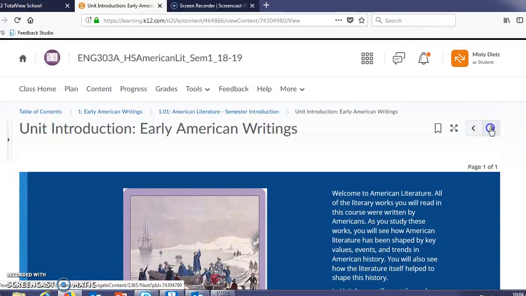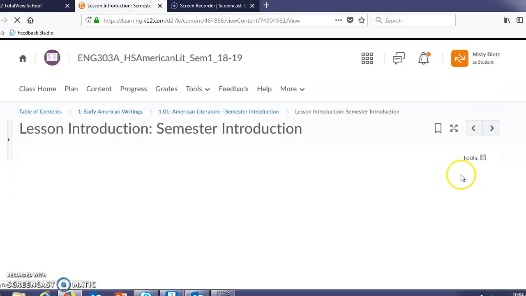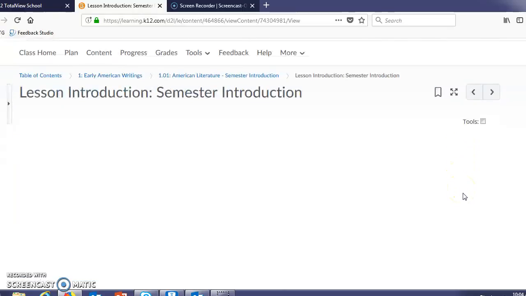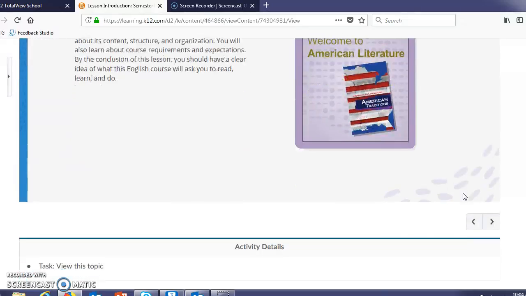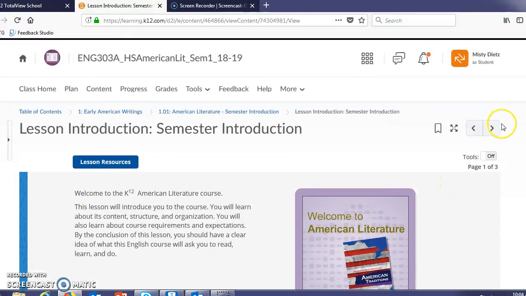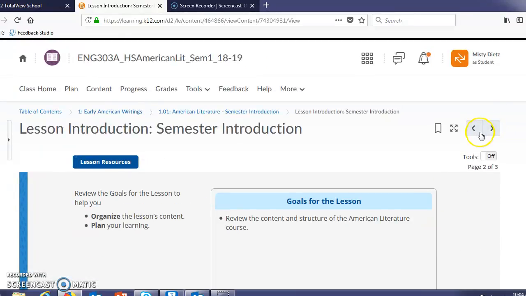And then you'll want to click the arrows, those arrows right here at the top, they will guide you through your entire lesson. You just want to make sure that you go through each page, that you do all of the reading that's there, and that you complete any activity that's there for you as well, whether it's graded